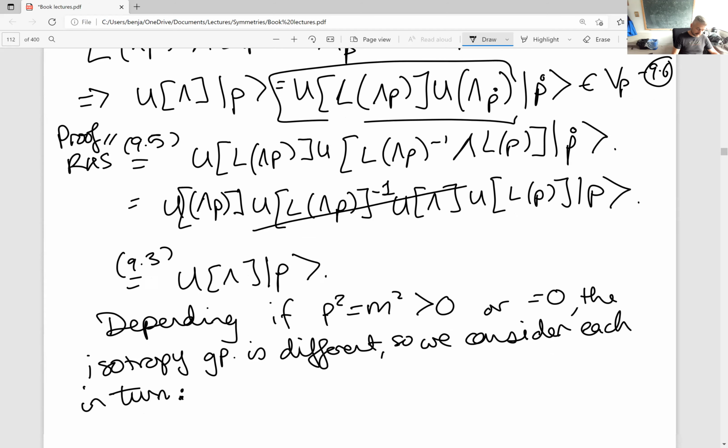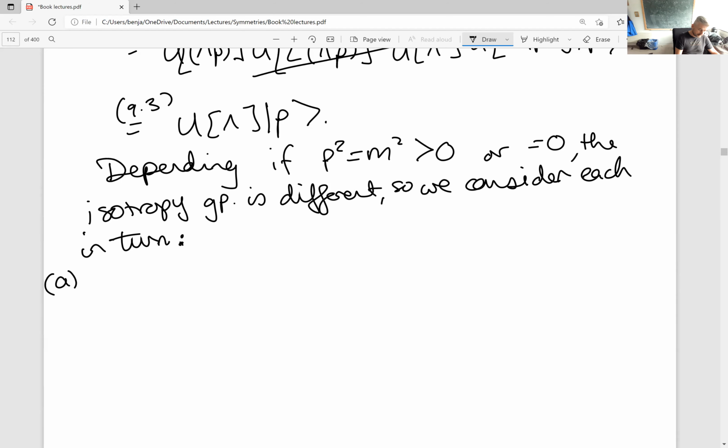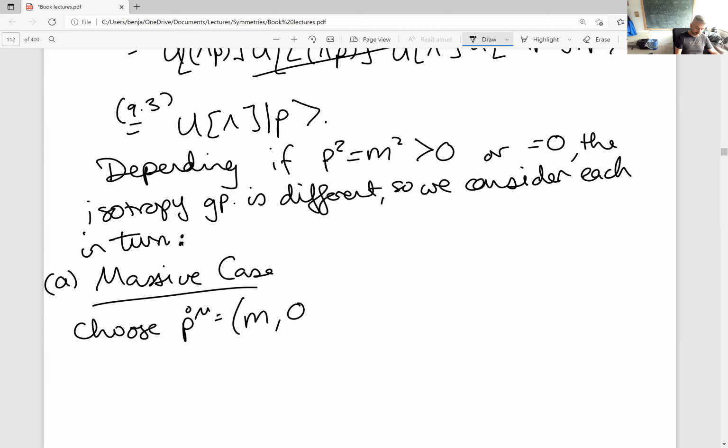So let's first take the massive case. Here we choose our P dot. It's going to be convenient to choose it to be on the mass shell of the particle. In other words, the particle has no momentum, so all of the eigenvalues of the 3 momentum will bring back 0. The isotropy group of Lorentz transformations on this P dot mu are obviously ones that just rotate the spatial directions. So G P dot is SO(3),